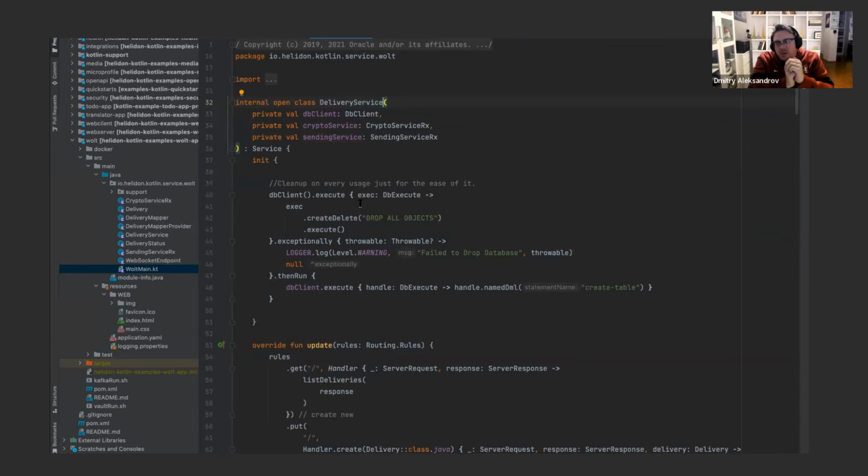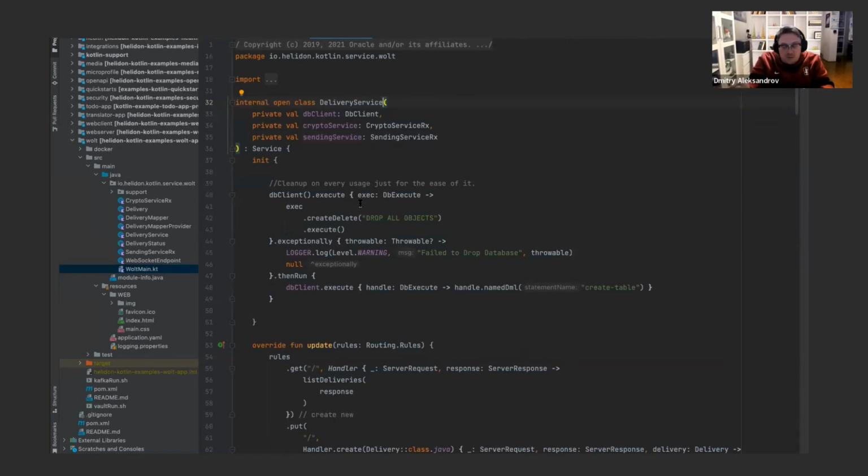So when the service comes, we just store this delivery in the database, and we send a message to our, let us call it, I don't know, invoicing service, and it will be sent via message, and this message will be encrypted with